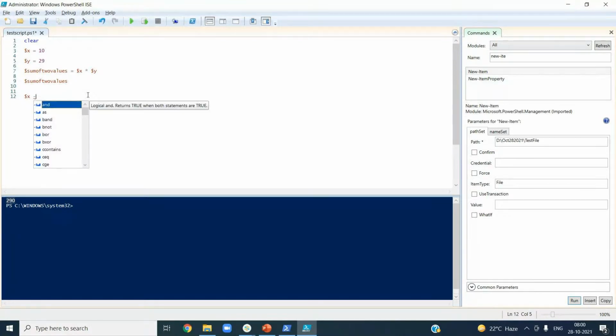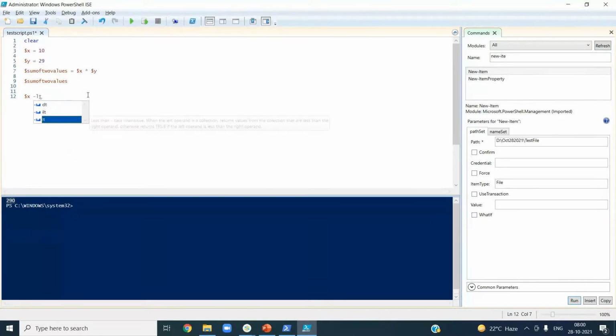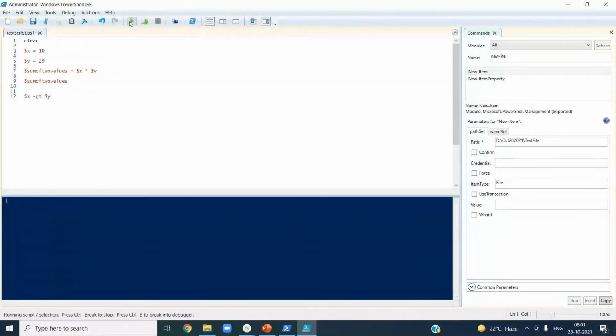Now you see LT, we have all the intelligence here as well. $y, so $x less than $y, is it right? True, you can see the true right here. And if you want to say greater than, false, because 10 greater than 29, no.